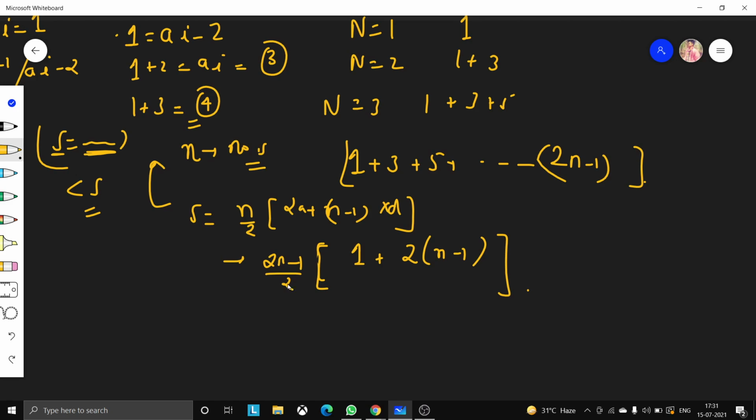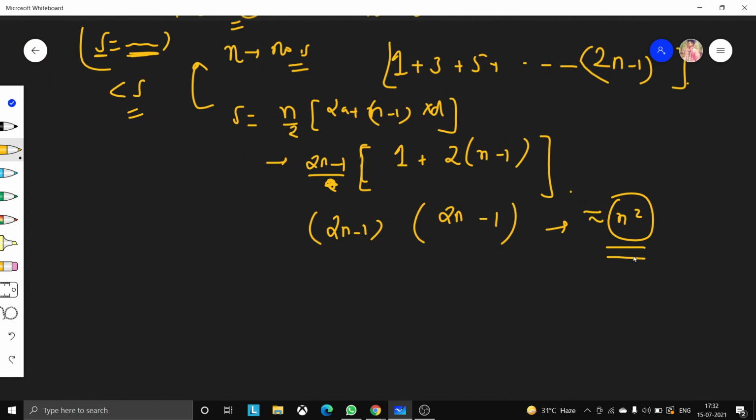So this will also not be there. 2n minus 1 and 2n minus 1. So this will give us approximately n square. We will take n square, so our sum will become approximately n square.